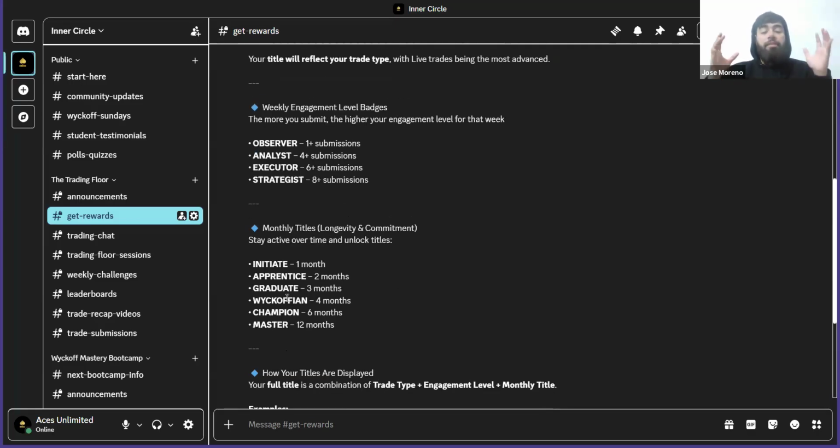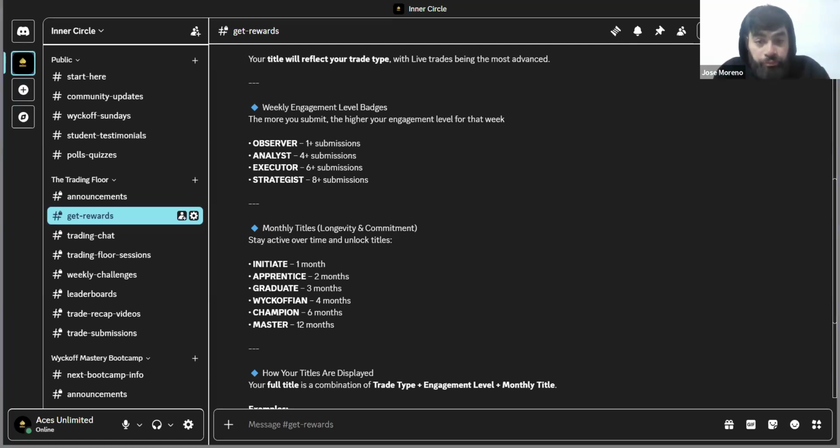Basically, this is going to show people at a glance, who are in the chat, who is on what level, what everyone has been doing. And I think that's going to be really cool. It's just going to get people to aspire to reach that next level. A lot of it really just has to do with consistency, but it also has to do with longevity as well. So yeah, that's going to be pretty exciting to do.